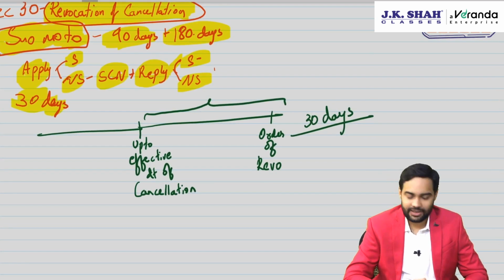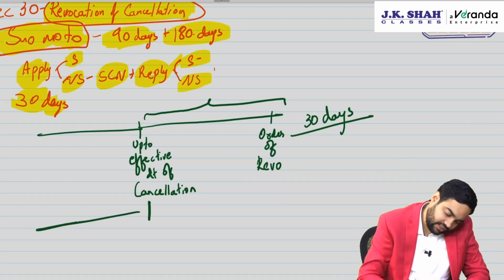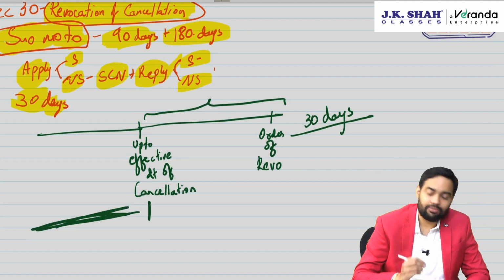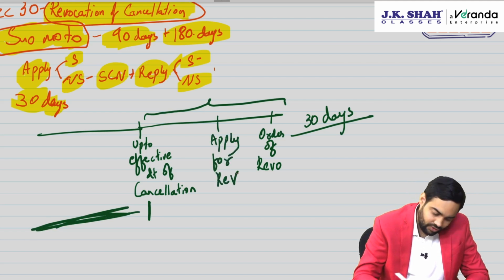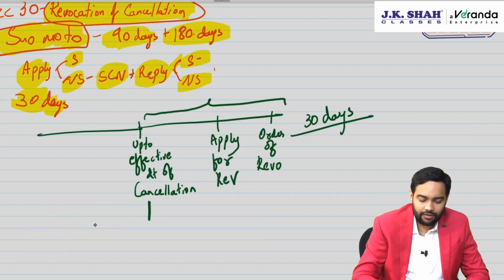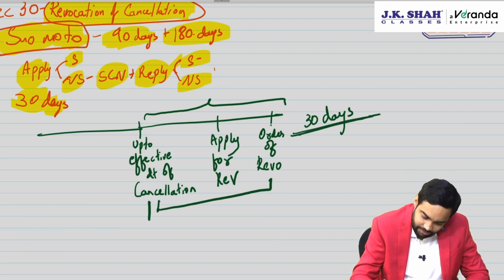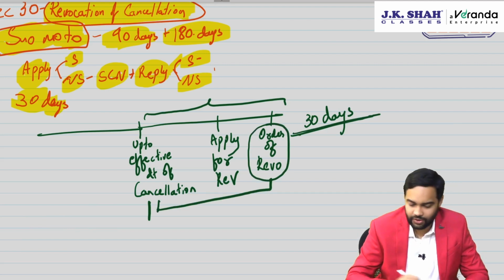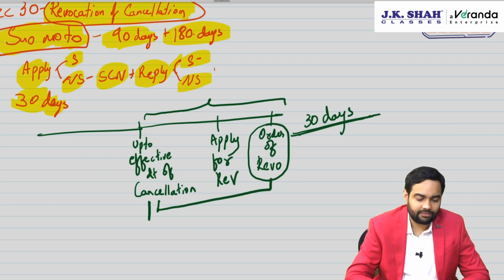I again repeat, if the effective date of cancellation is here, then all these returns should be filed before making application for revocation. Before you apply for revocation, you have to file all these returns. And all the returns from effective date till order, this you have to file within 30 days from the order of revocation. Just be careful of this one point when it comes to